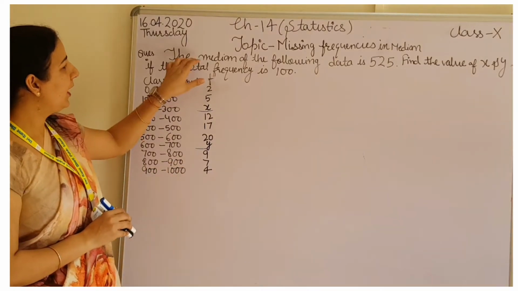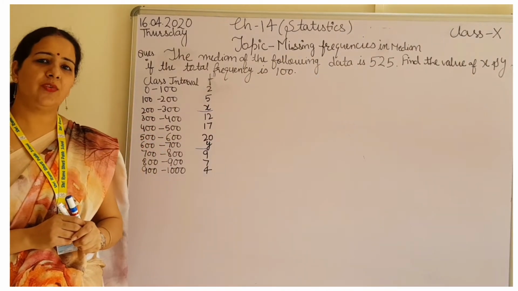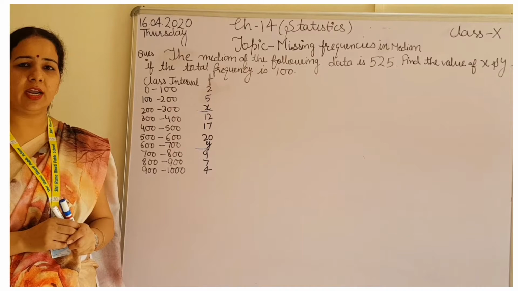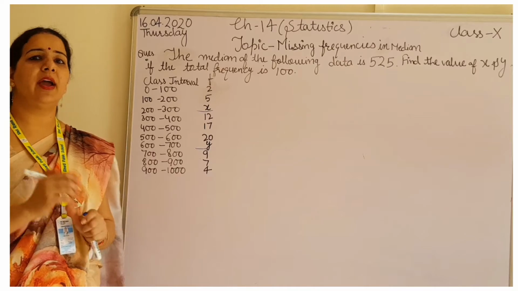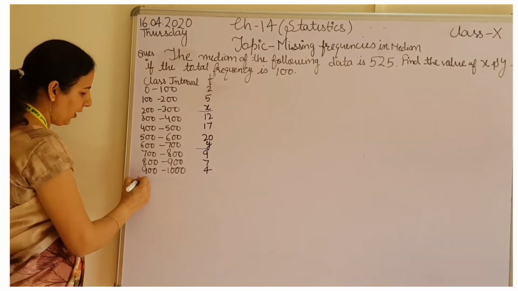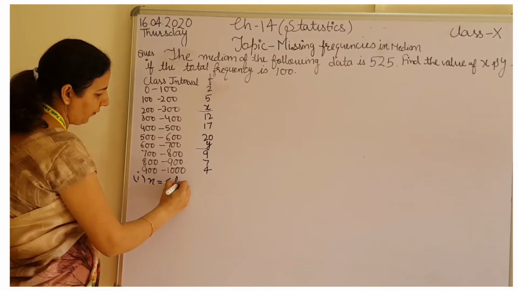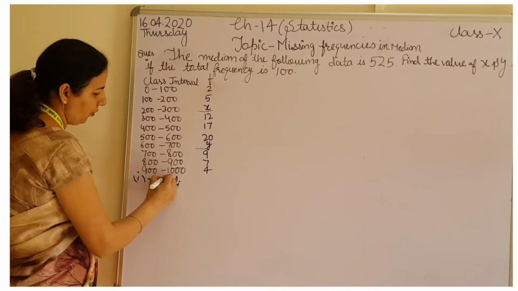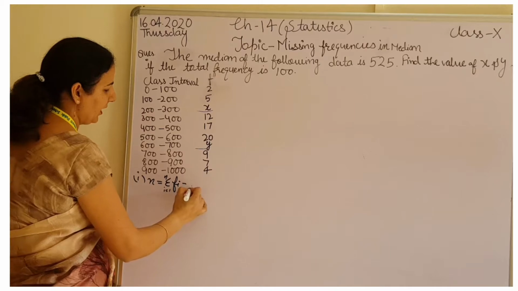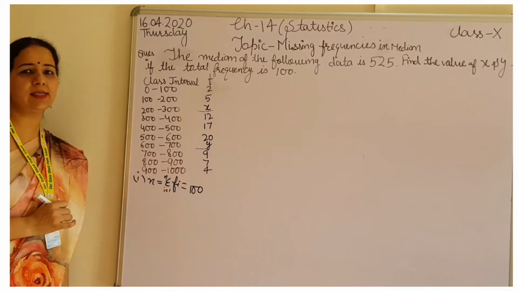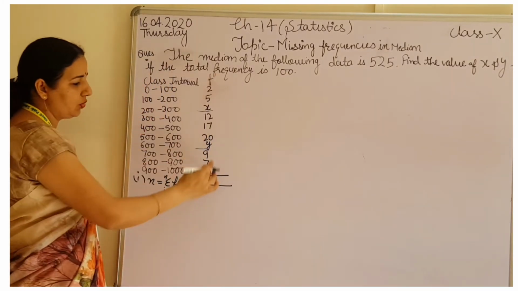First of all, what is given here? Median. Median is 25, so we have to use the formula of median only. For using the formula of median, I already explained that you have to use your four steps. First step is to calculate n, that is sigma f_i, i equals 1 to n. No need to calculate because they have already given that it is 100.